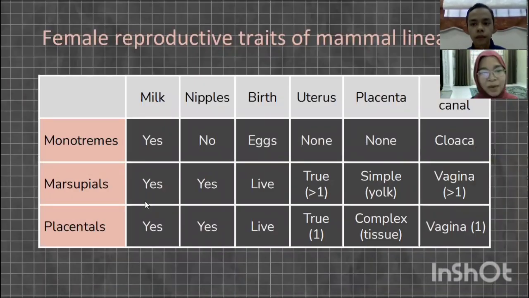So we have come to an end, and I will summarize the three groups and the features that distinguish them. All three groups have milk, which comes out from the mammary gland. But monotremes don't have nipples. As I said before, the infant will only lick it from the mother's body, where there is skin that can be folded, so the milk will stay there. And monotremes are the only mammals that lay eggs. The other two groups of mammals give birth.